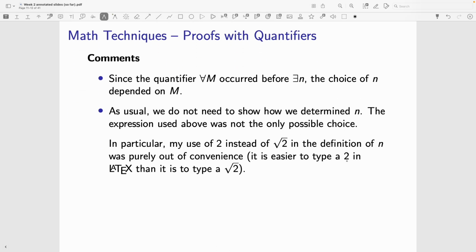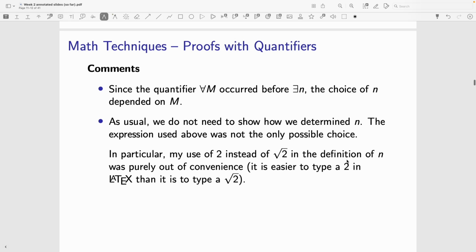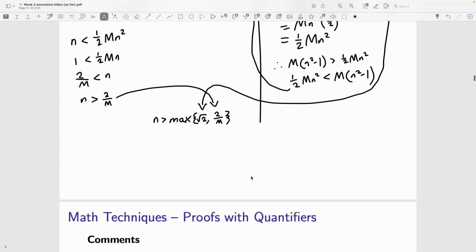And also, the expression we used was not the only possible choice. In fact, we found 2 possible choices because of this little bit. We found in our rough work n should be greater than the maximum of root 2 or 2 over m,